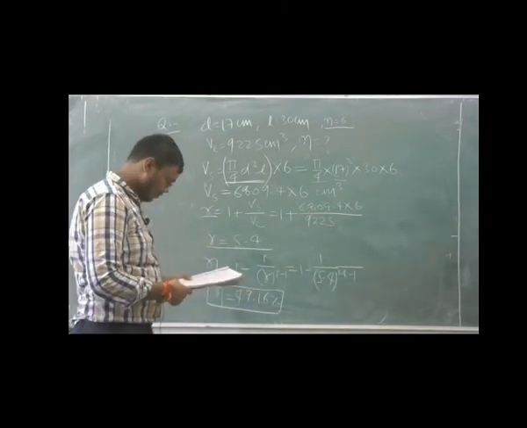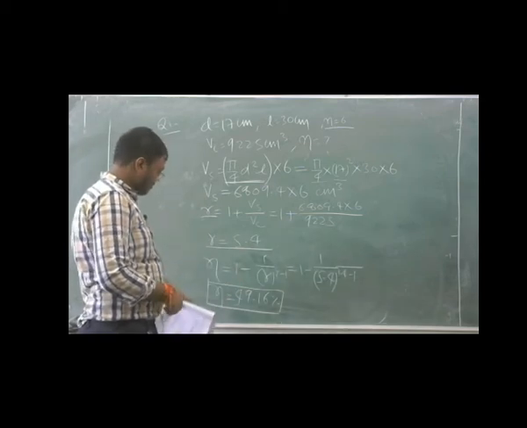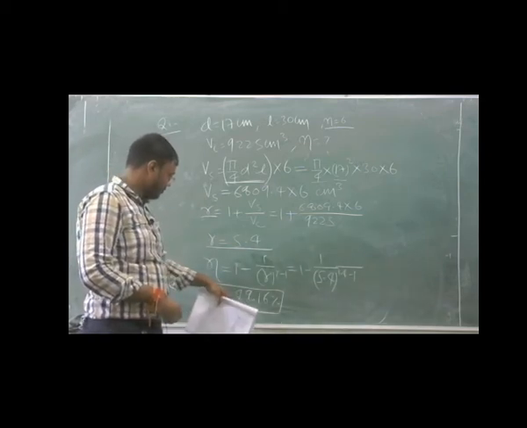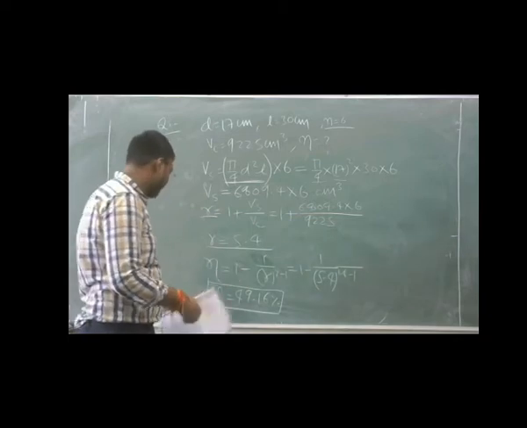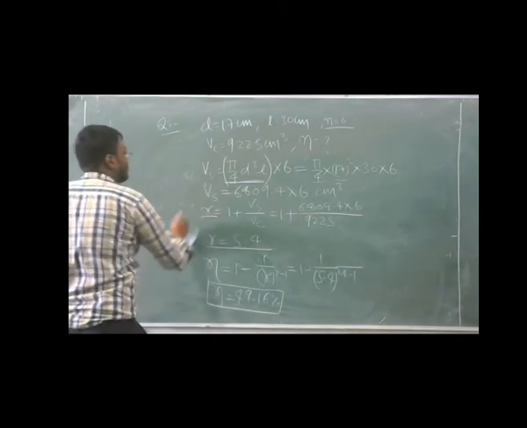Okay, so eta comes equal to 49.16%. Okay, now next question is,